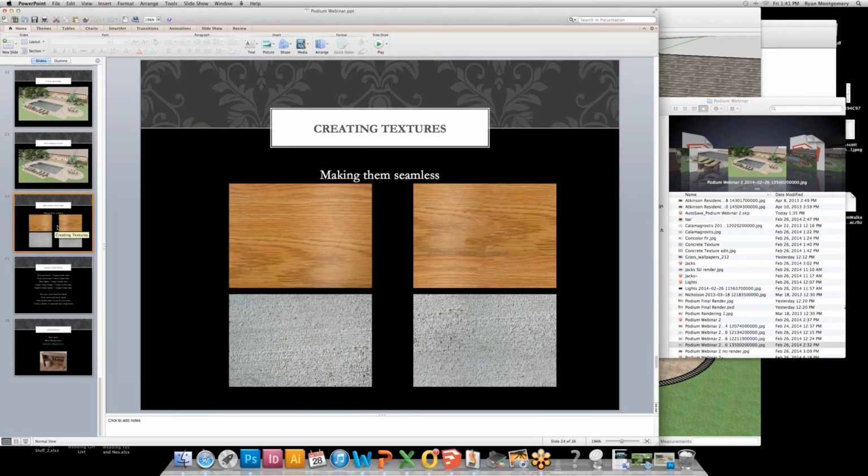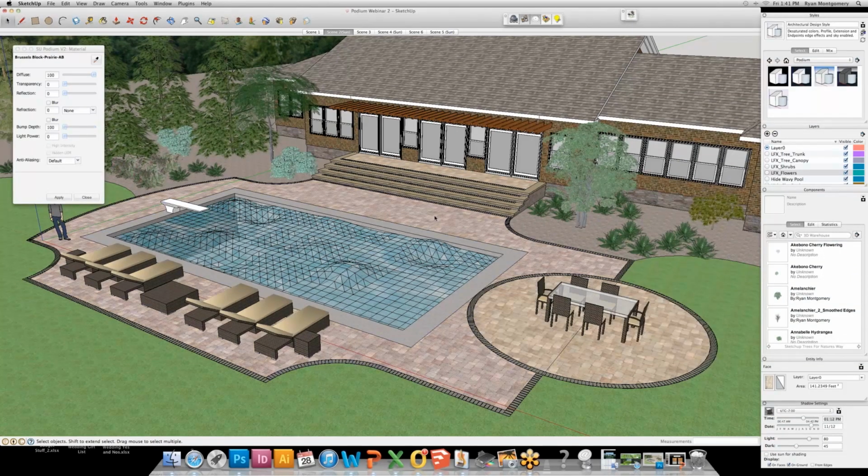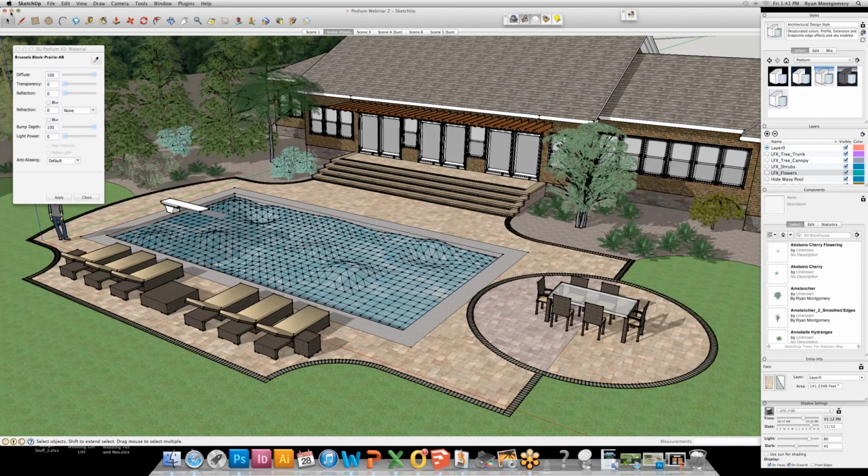And like I said earlier, textures are really important. You could see how a texture with seams would break it up and make it look not real. You can see this brick texture doesn't have any seams anywhere. And that I did using a little trick